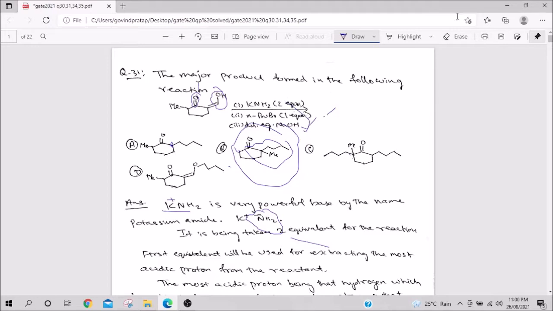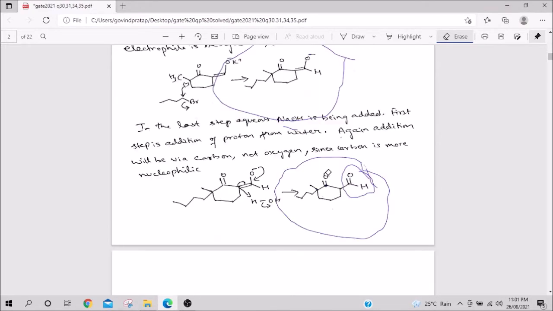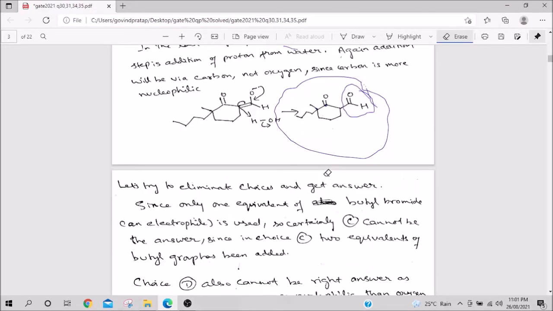All I can think about is something like the Cannizzaro reaction, because if you remember, let us go back here. Yeah. If you remember the Cannizzaro reaction, what it does is it oxidizes one equivalent of aldehyde into acid, and it reduces the other equivalent of aldehyde into alcohol.